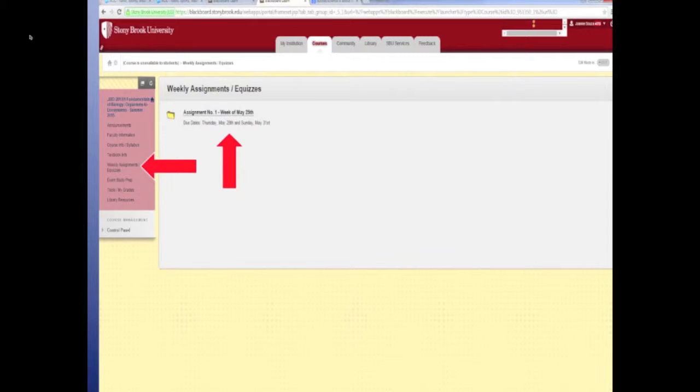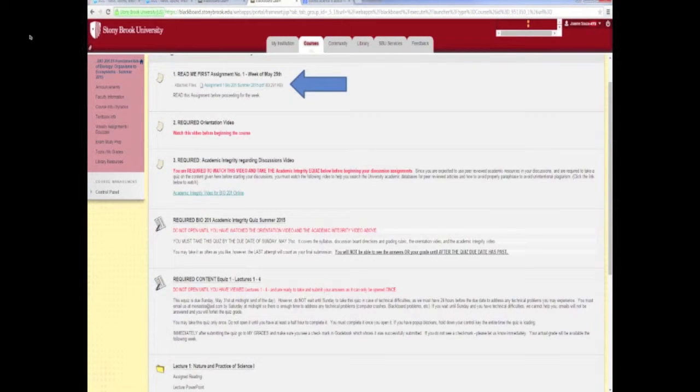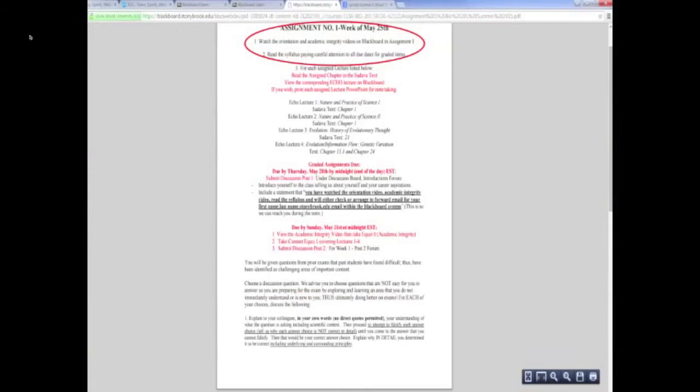If you open the folder, always at the top you will see a Read Me First, which is an assignment. It will list everything that you need to do for the week. If you open it, as you can see, this very first week, we're asking you to watch the orientation video and the academic integrity video on Blackboard, and to read the syllabus and pay careful attention to all due dates